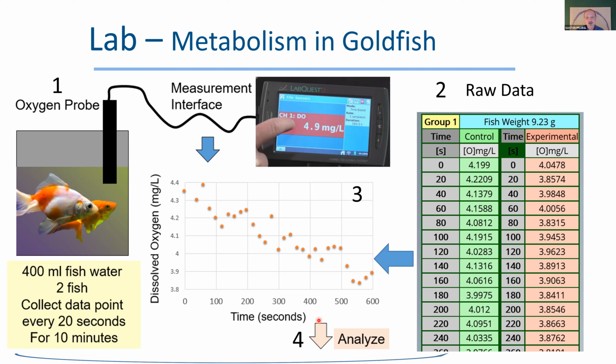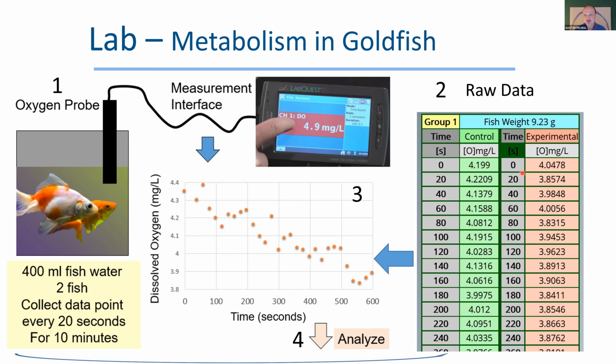Over 10 minutes, every 20 seconds, we collect a data point. And here's dissolved oxygen in milligrams per liter of oxygen in the liquid. And that goes down as the fish keep breathing in the chamber, because they're active and they have a metabolic rate, so they need oxygen. So it goes down, the slope is negative. And so in the lab, you're going to get this data, and then you have to basically calculate the slope, the rate of oxygen depletion in the chamber. And then you analyze that, right?